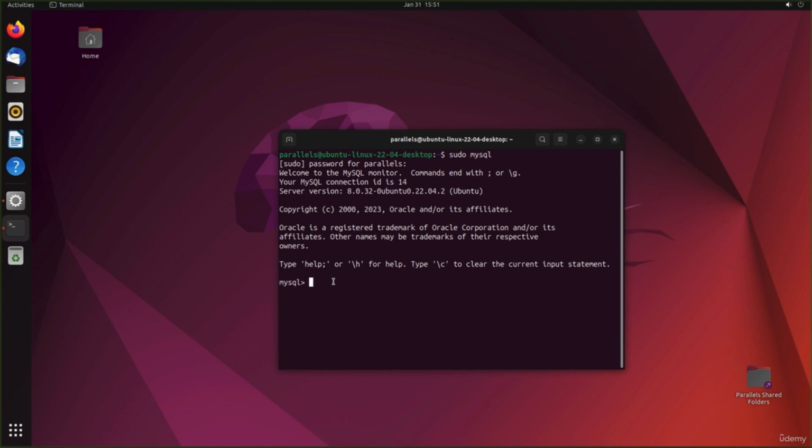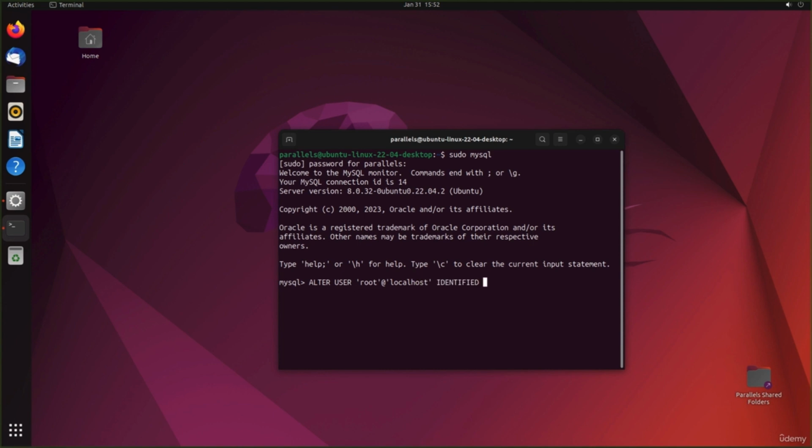So that means MySQL is working, but you need to do something else. You need to run an SQL command. So here you can run SQL commands, and on Linux you need to specify the password of your root user. So you do ALTER USER root, this is the default user, at single quote, and inside localhost